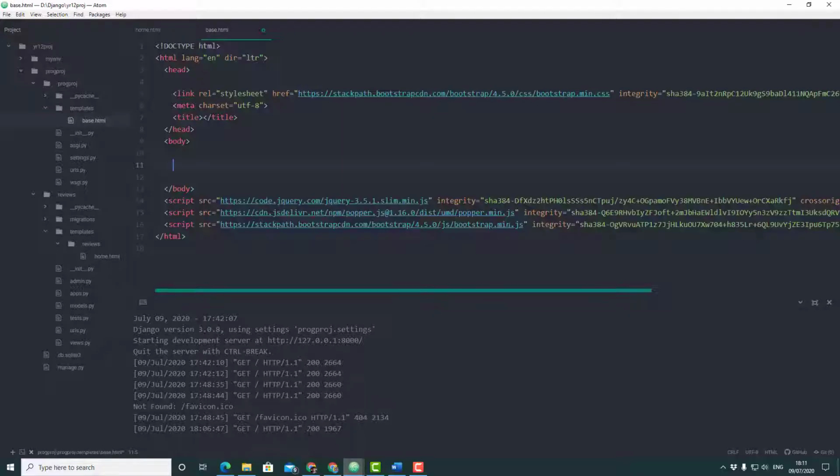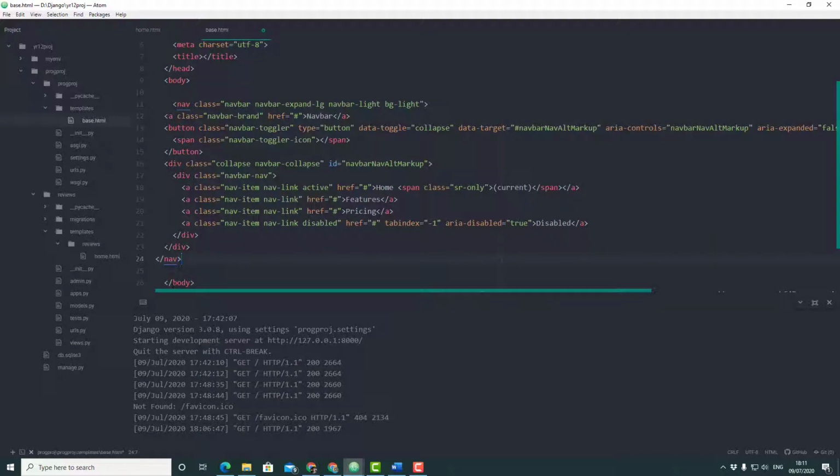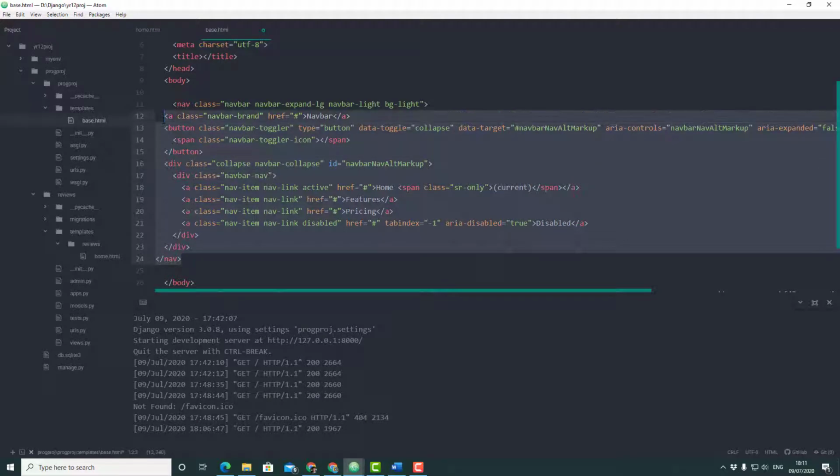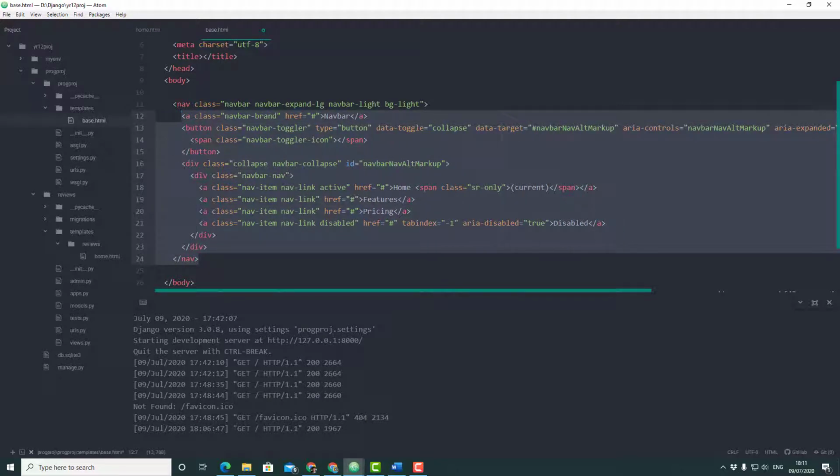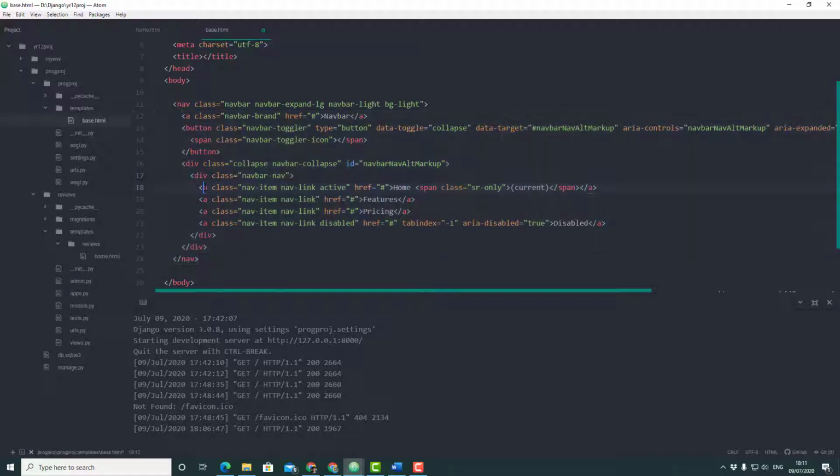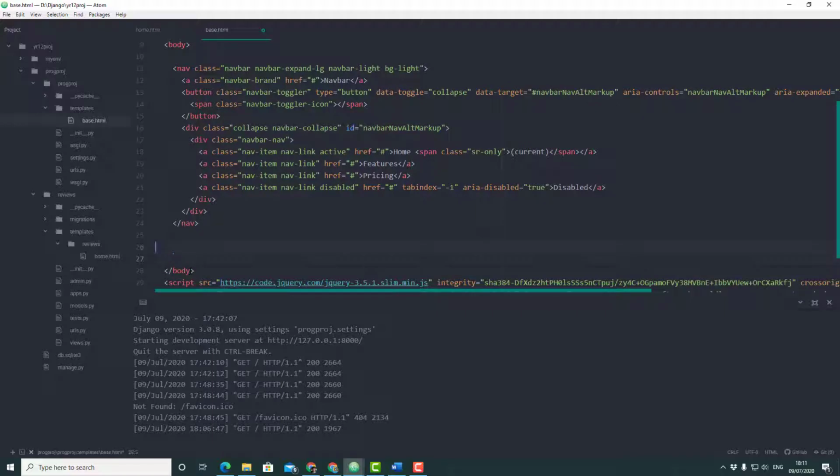I'll go to my base page where I want my navigation bar to appear. I'm going to paste that. It looks like everything after that line could be nested better. That looks like it's in line now. So what that should do now is, for my base page, my navigation bar should be there, and underneath that,